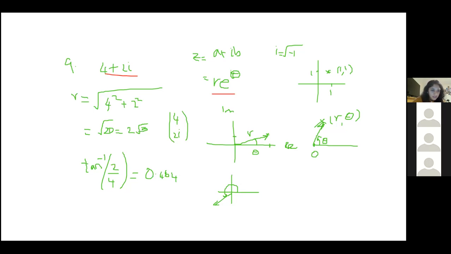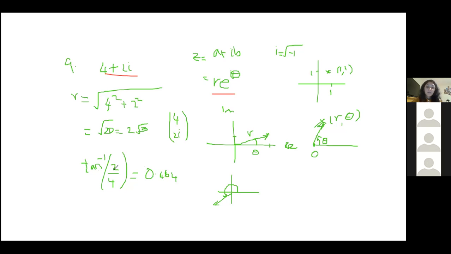There's a question: is the inverse tan in degrees or radians? So I've done this in radians. That's usually a good measure, because degrees is a bit arbitrary. It's a bit random in that, well, what does degrees mean? Who decided a circle should have 360 degrees, right? Whereas radians has a mathematical definition, and so we always try and stick to radians. But you could do this in degrees.